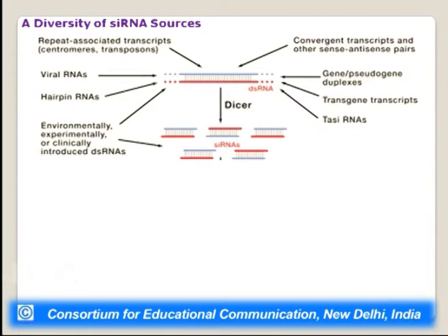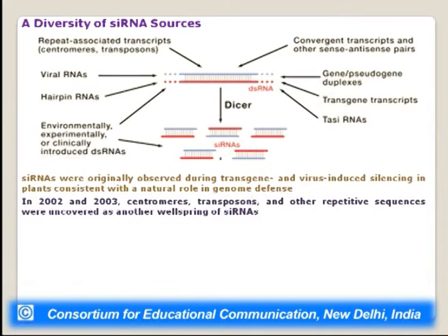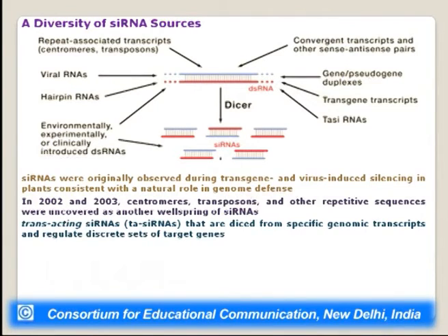These siRNAs are derived from a variety of sources. siRNAs were originally observed during transgene and virus induced silencing in plants, consistent with a natural role in genome defense. In 2002 and 2003, centromeres, transposons and other repetitive sequences were uncovered as another wellspring of siRNAs. The trans-acting siRNAs, also called tasiRNAs, are diced from specific genomic transcripts and regulate discrete sets of target